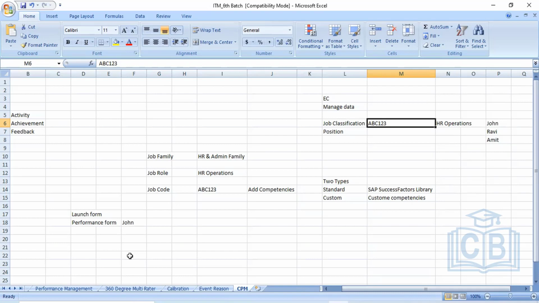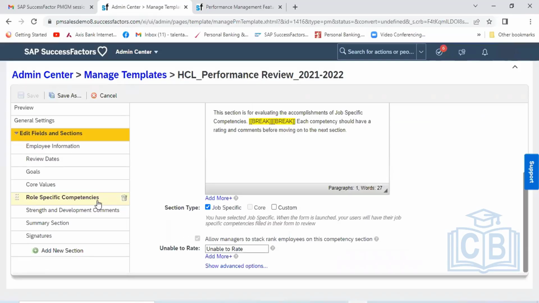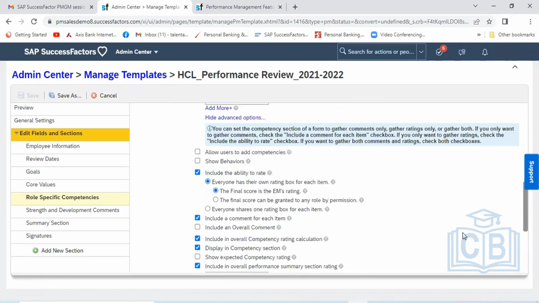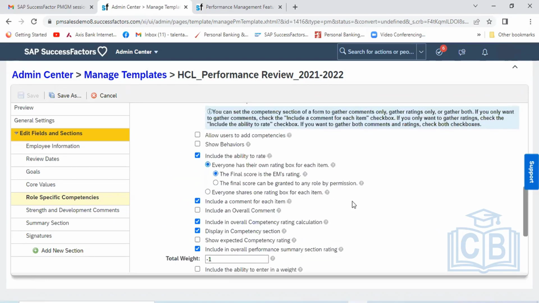And sometimes what happens, if it is not mapped, and you are in the permissions of the performance template, when you are creating the template here, suppose you are giving an option, if you go and see here, see, allow user to add competency. So if you are enabling this option, what will happen? When the form is launched, there will be an add button for them.